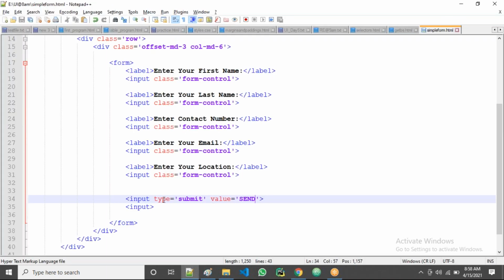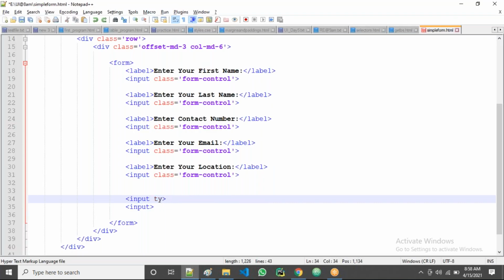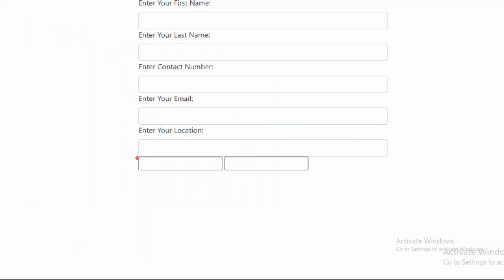By default, I'm taking the type submit. This input box, I'll remove this one, I'll undo this one first of all. Now see what I want: this one should work as a button. If I click on this one, that means submitting. If I submit, then all this data I want to take from here and save in the database. I want this submit type not to take data from the user. I want this one like a submit type.